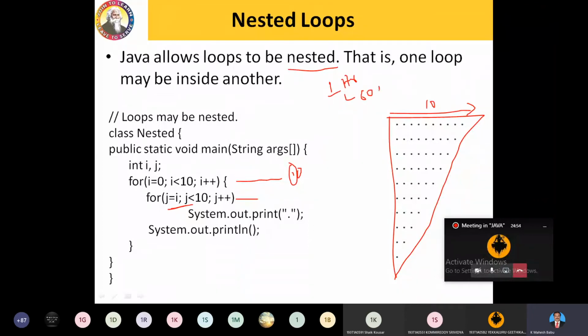For every minute, again one more loop inside will iterate for 60 seconds. Like this. So 1 minute happened means 60 seconds completed. 60 minutes completed means 1 hour completed. So like that we can have the things.